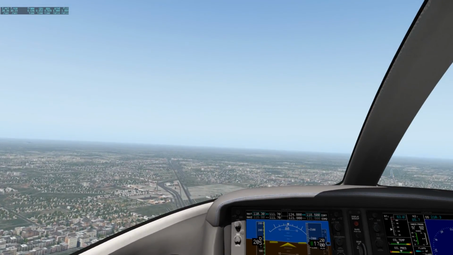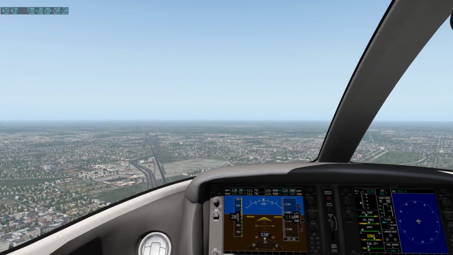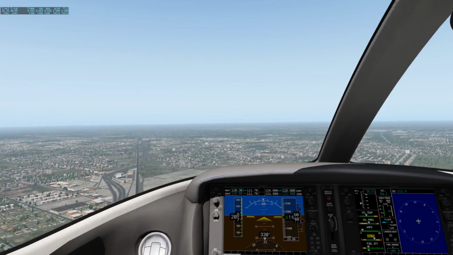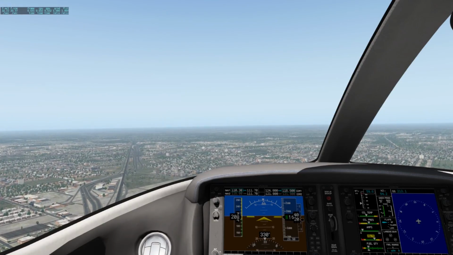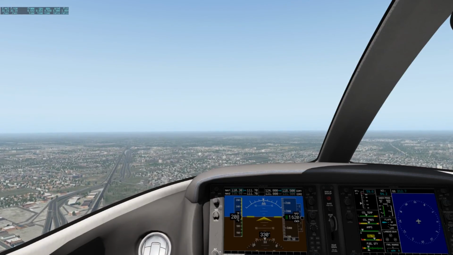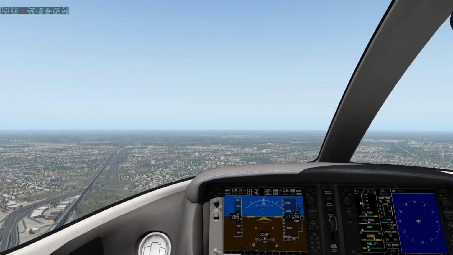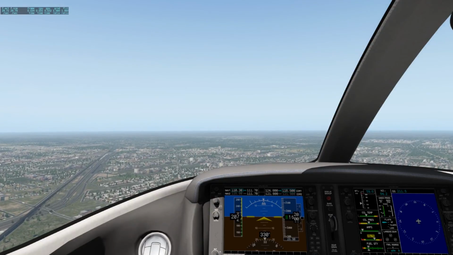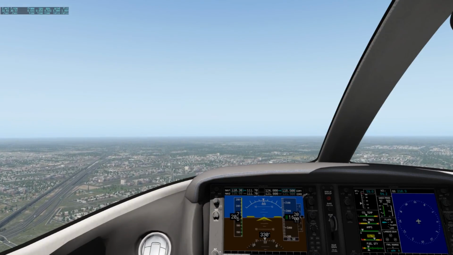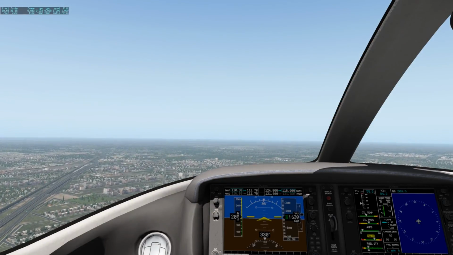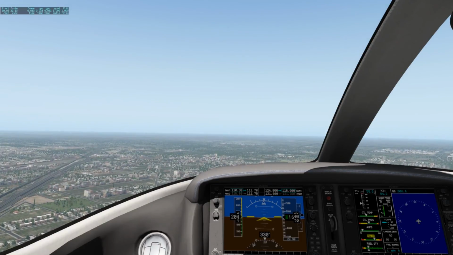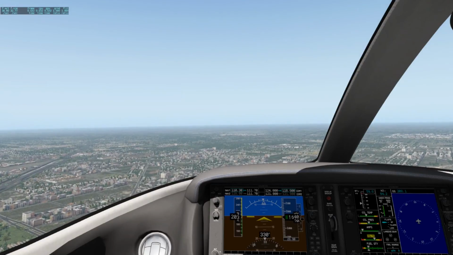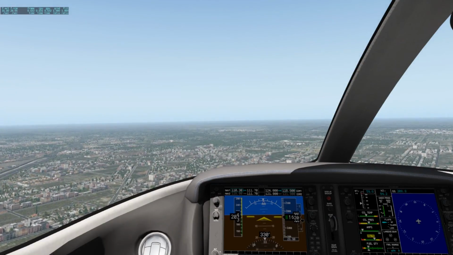Some things that I have noticed about flying in X-Plane: you need rudder pedals if you want to fly really well. Rudder pedals would really do wonders, because you do get reactions on this, and you can fine tune your maneuvers much better with rudder pedals. With me, I've got